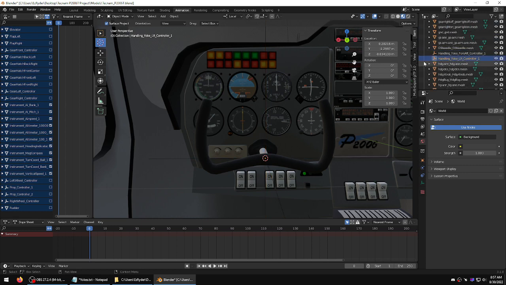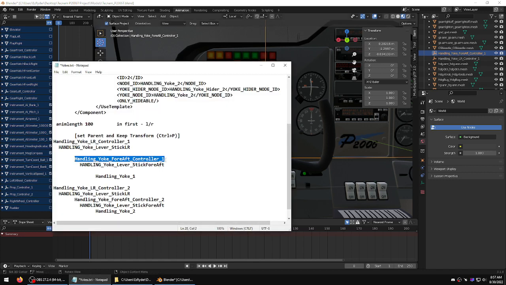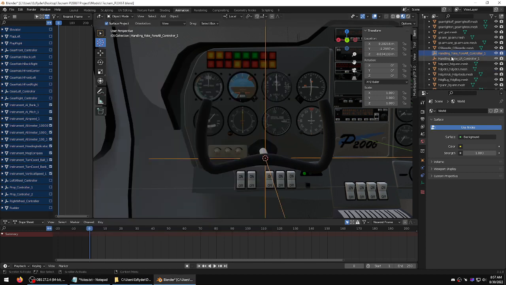So here they are. Now if we look at my data page, this fore and aft needs to go under the left right. So we'll